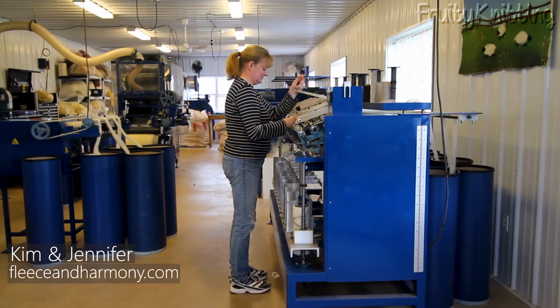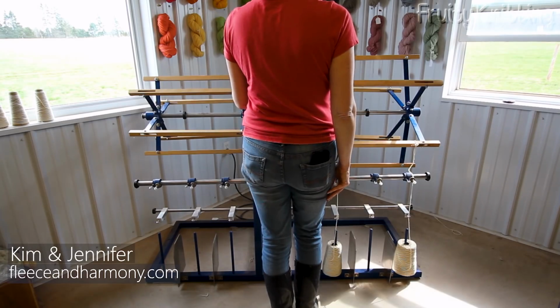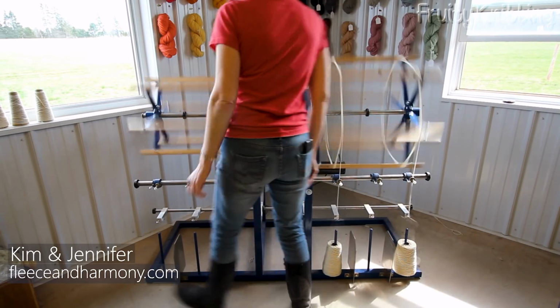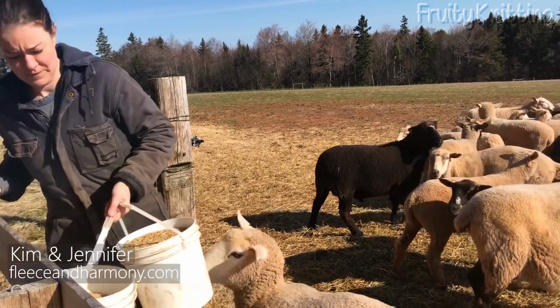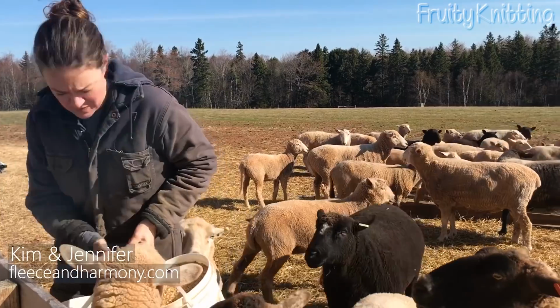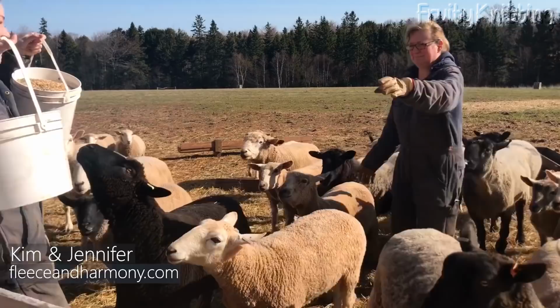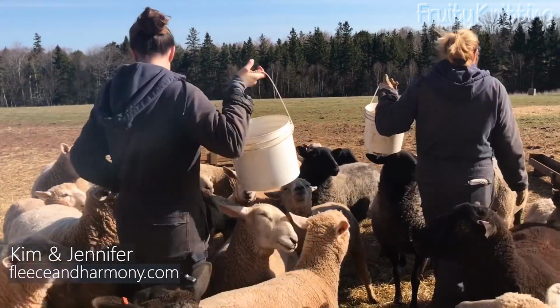Hi everybody, I'm Kim. And I'm Jennifer, and this is Roger, our bottle lamb. Yes, and we're the owners of Fleece and Harmony, a woolen mill in Belfast, Prince Edward Island, Canada. We also obviously have sheep on our farm. Yep. And we run the mill and spin yarns made from our own flock of sheep and other sheep that live on Prince Edward Island. The main breeds that we spin are Corriedale and Corriedale crosses with Border Leicester. Usually we have a ram that is a Border Leicester, and we also use Canadian Arcot and Rideau Arcot fleeces